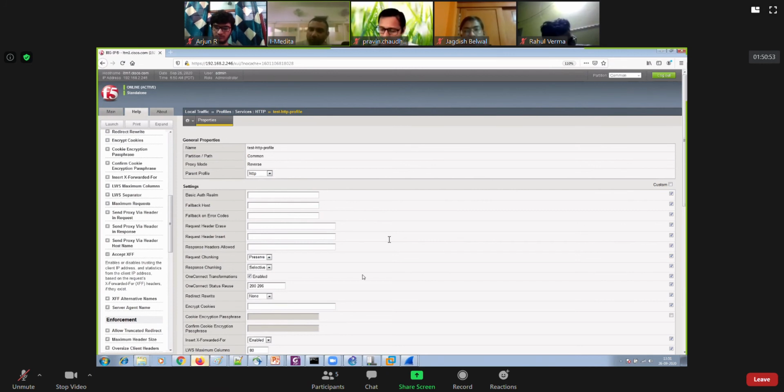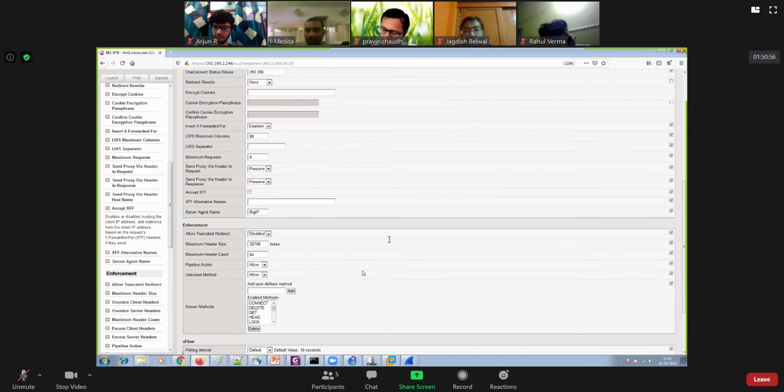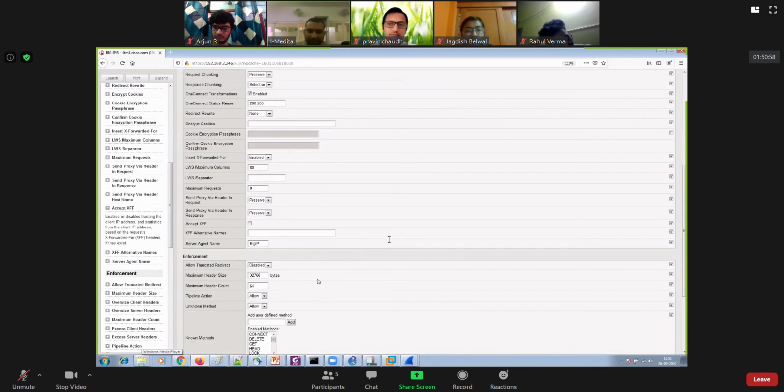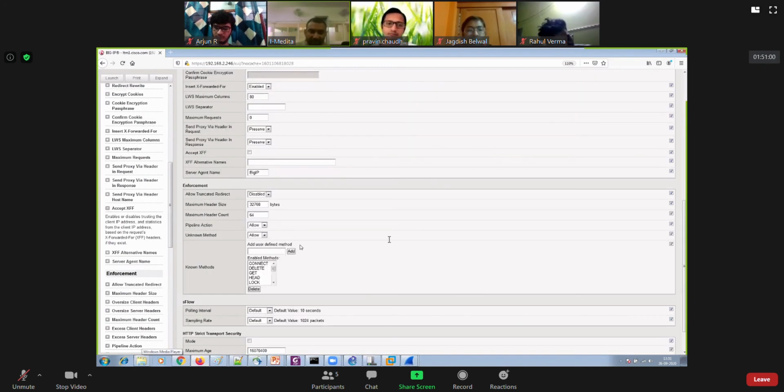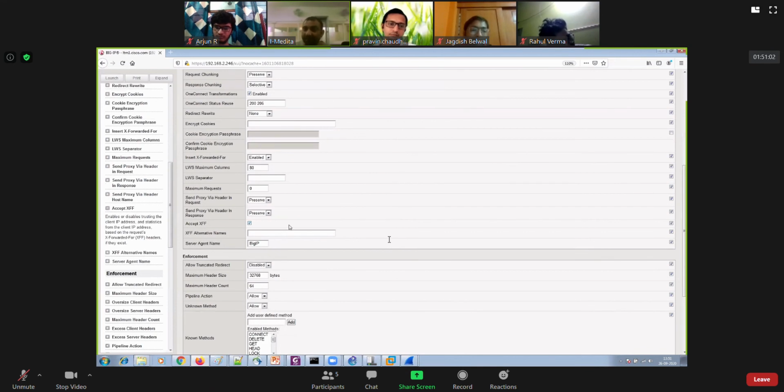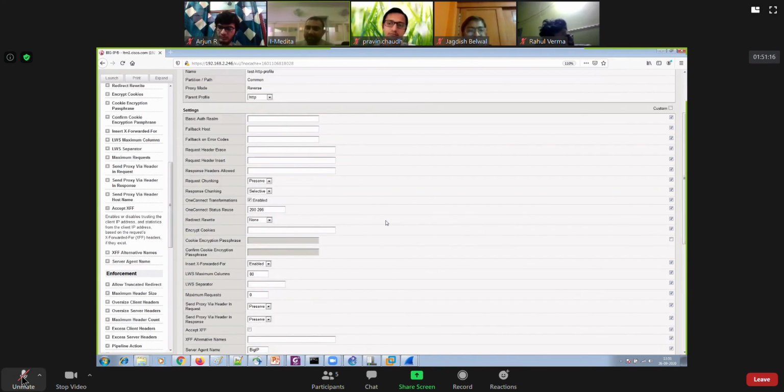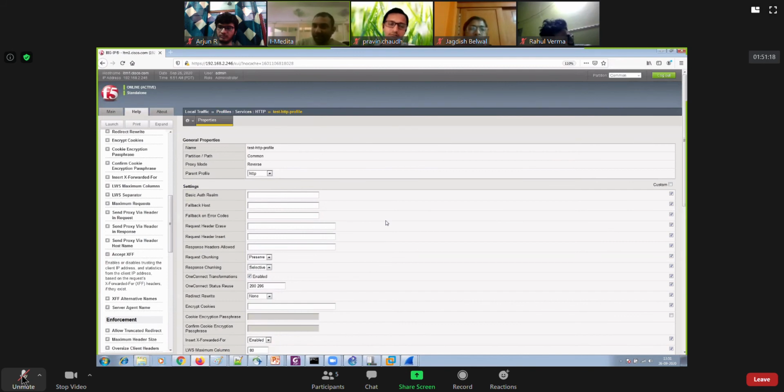It's up to you if you want to accept it. If you want to accept the XFF, you will have to check mark it. By default, it's disabled. That's that piece, boss. You have so many things to configure within the HTTP profile, but I have given you an idea how you can leverage the HTTP profile, or maybe the TCP profile, or UDP profile, to fix your problems.